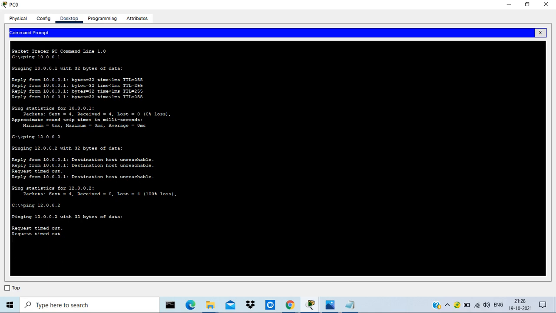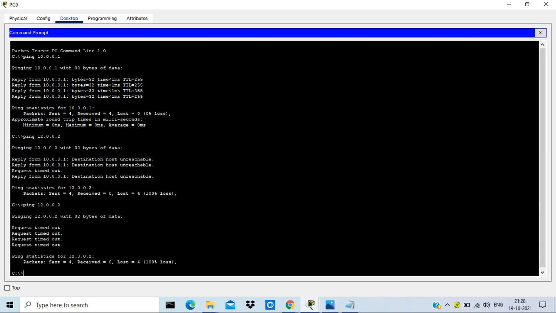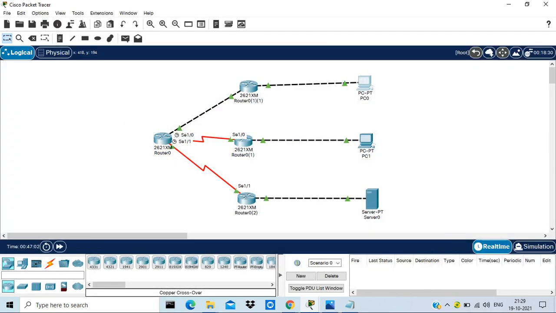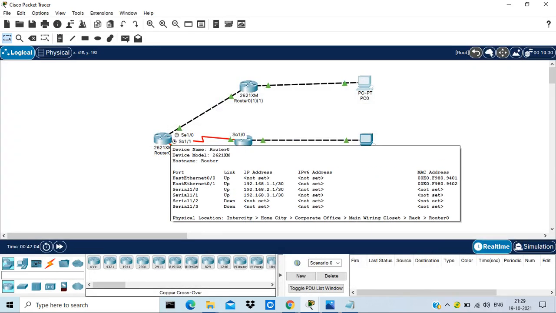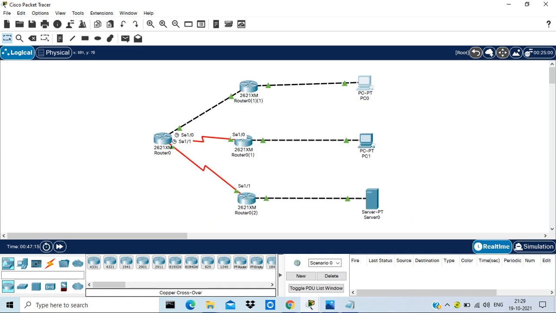Because the local router has been configured with a static route, but the junction router here is the head office router, because with that router we are getting connected with the branch 3. So we need to configure the head office router now. For the head office router, we need to add 3 routes for 3 networks, because this is branch 1, this is branch 2, and this is branch 3.